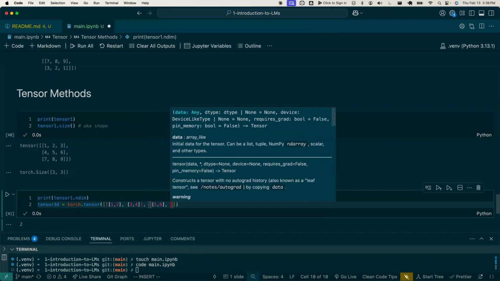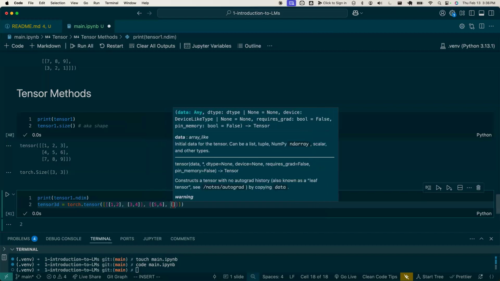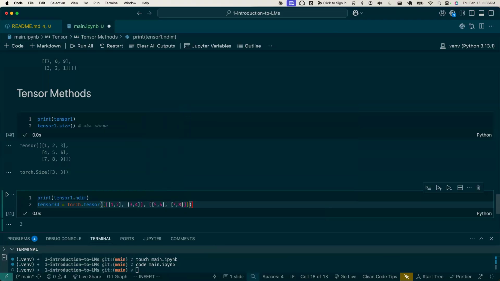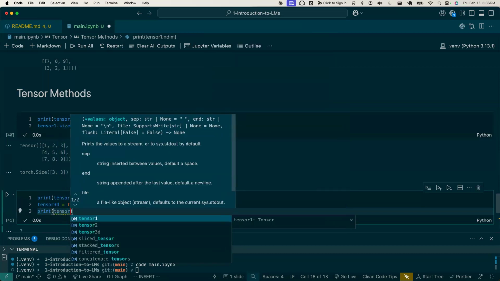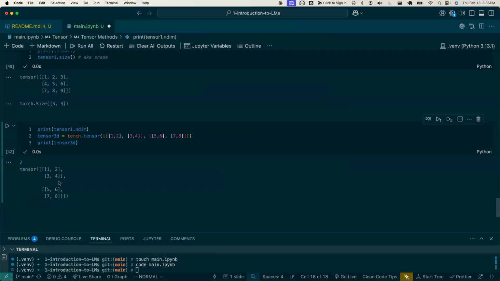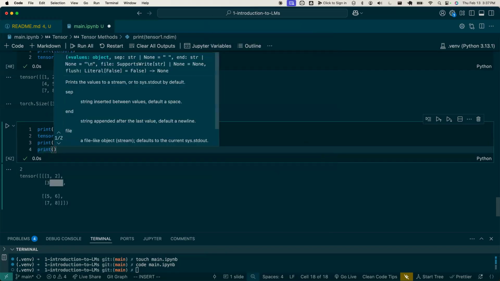It gets a little tricky to write it out. If I was doing this for real, honestly, I would put this on multiple lines to make it easier. But I think I now have it right. So let's print tensor 3D and see if it's right. And so we've got a tensor of 3 dimensions where we have 2 rows, but then inside this row, well, there's only actually 1 column inside there. So it's not perfectly organized, but then there's 2 things inside there as well. And if I got that right,